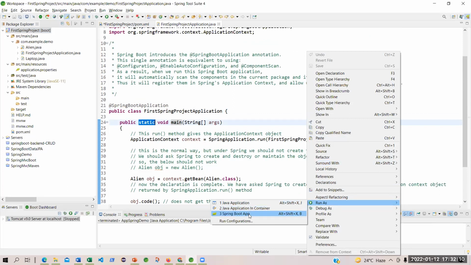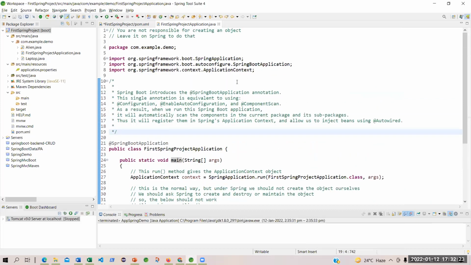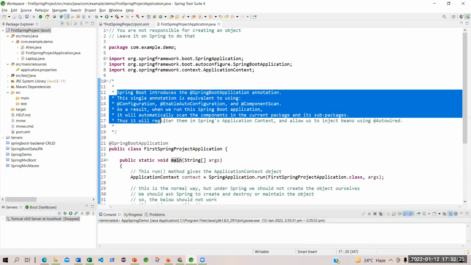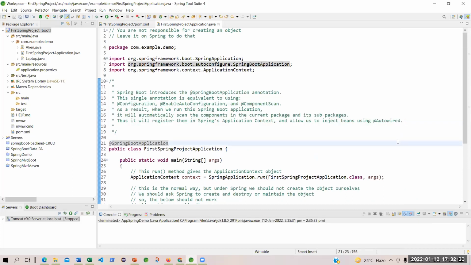So how do you run it? You run it as a Spring Boot application. Correct? We will not run it right now. We have to understand what we are doing. I have to understand this entire thing that I have written for you. I'm just giving you the flavor. It is not that I'm explaining everything, because you will not understand what this Spring Boot application is.